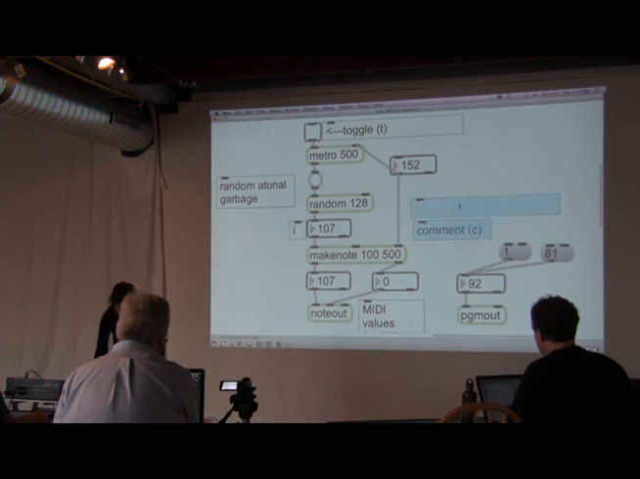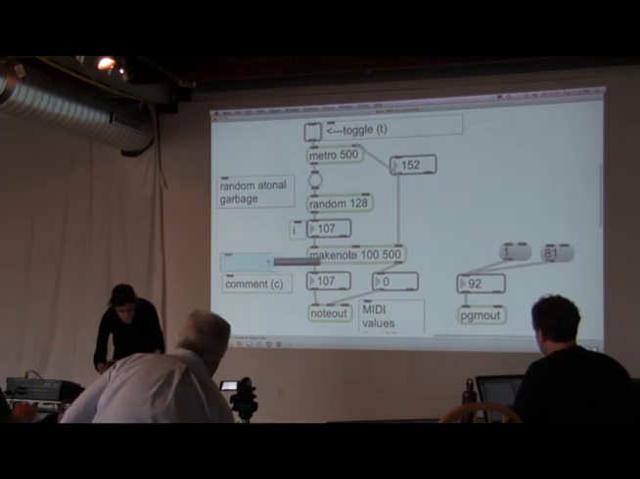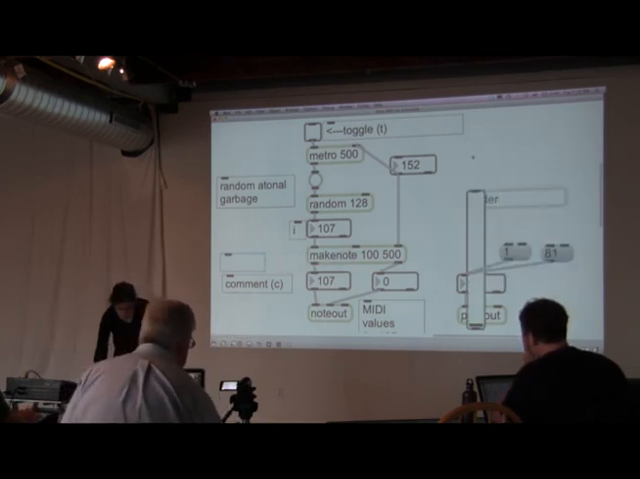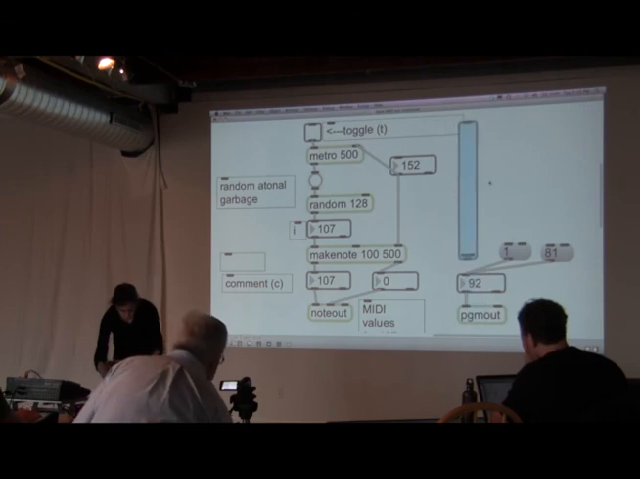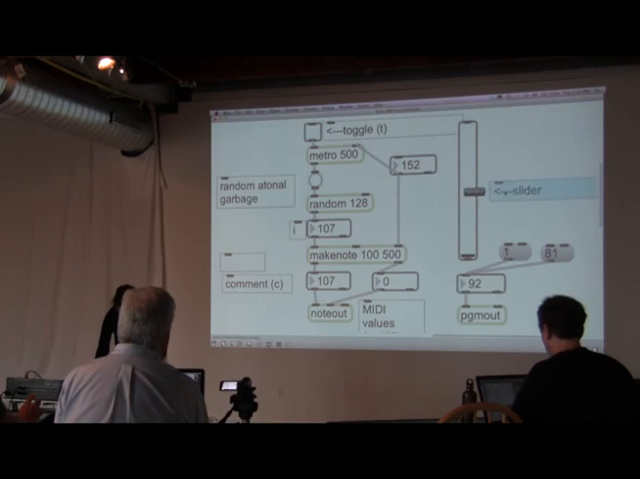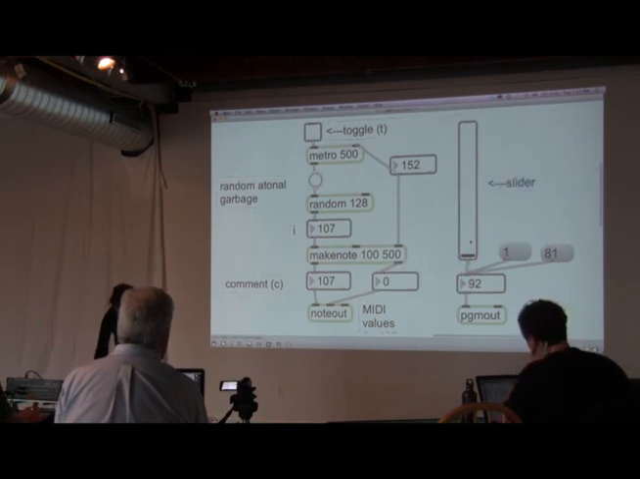And I'm going to move this out of the way. And you can do that with a number of objects that are built right into Max, one of which is called slider. Okay? Slider by default outputs numbers 0 through 127, depending on where this little knob is here. So if I'm